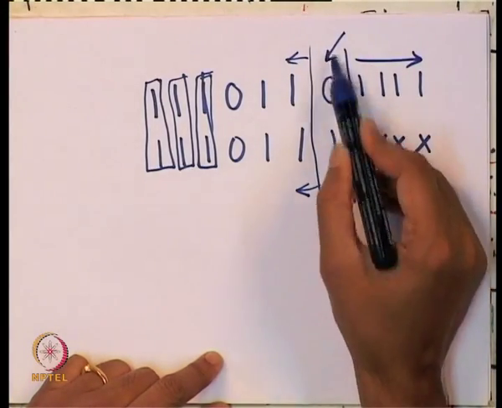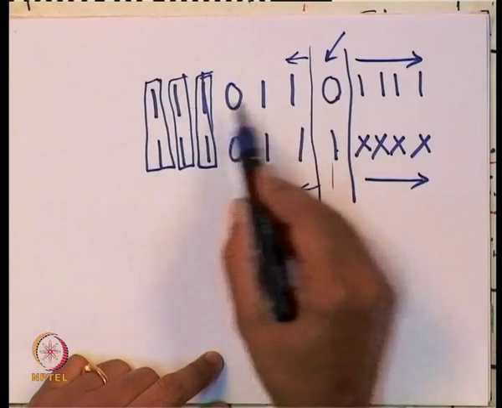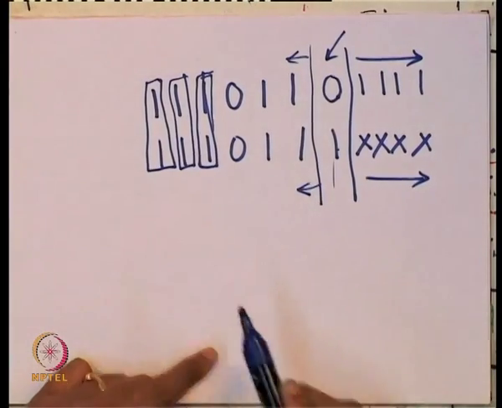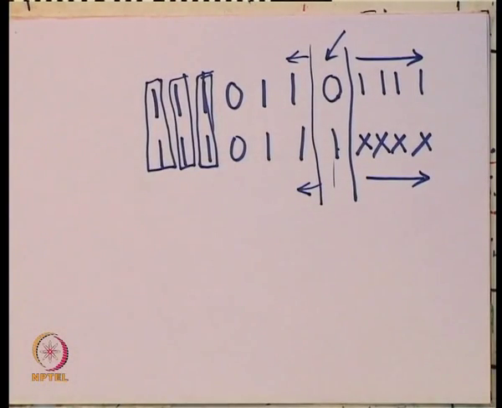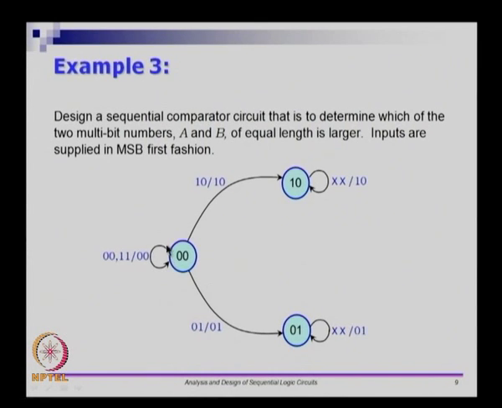This bit, this position tells me that A is less than B. So that is what is explaining this loop here. Once you have decided that A is actually less than B, then that is not going to change if you get more bits which have lesser weight anyway. So you will just stay in that. So the inputs become a don't care, you will always produce the output 0 1,